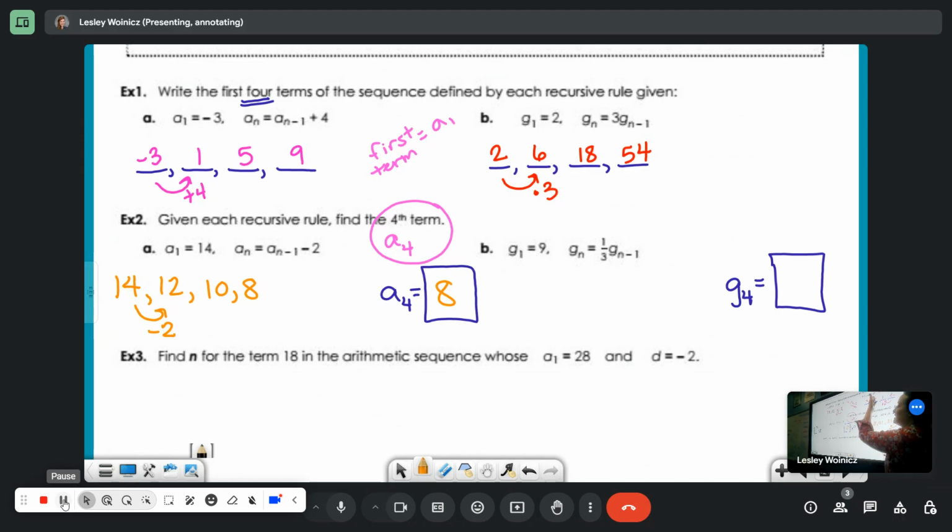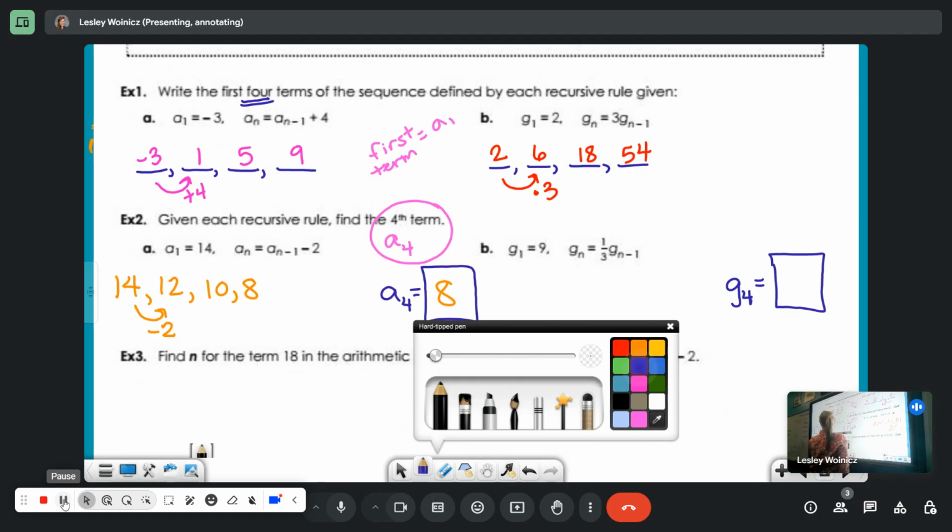So basically, it's the same kind of process for the problem, but on this one, it's the whole list of 4 that's the answer, and on this one, it's just the fourth term that's the answer. Does that make sense to everybody? Okay. All right, this one says start at